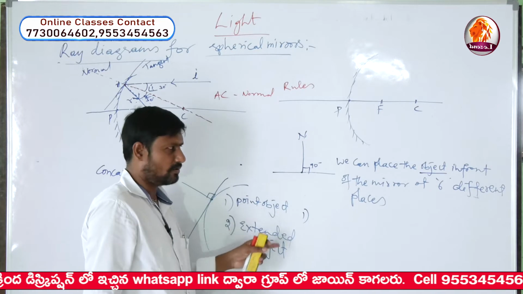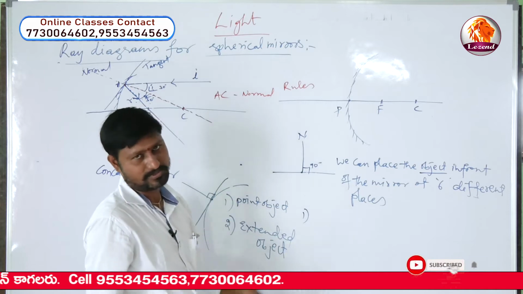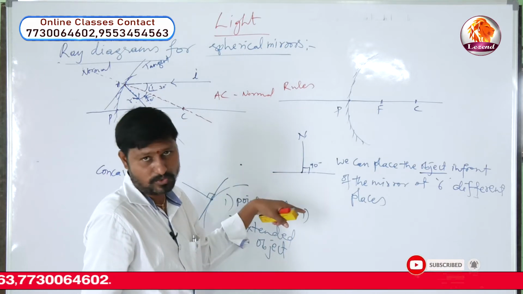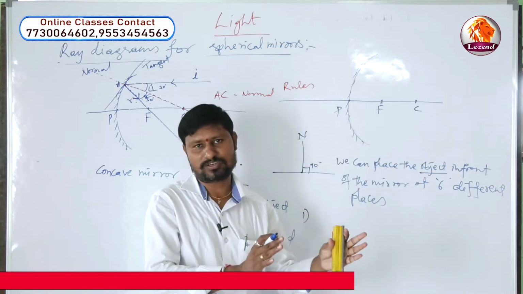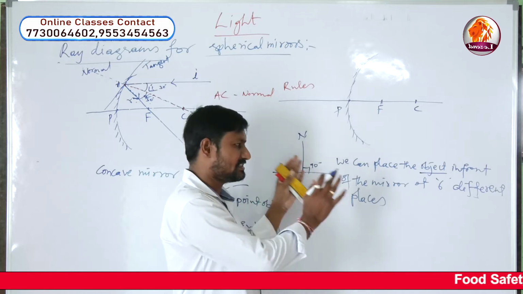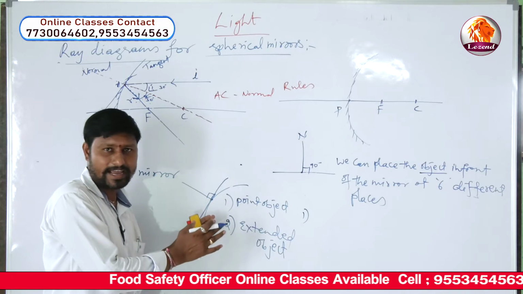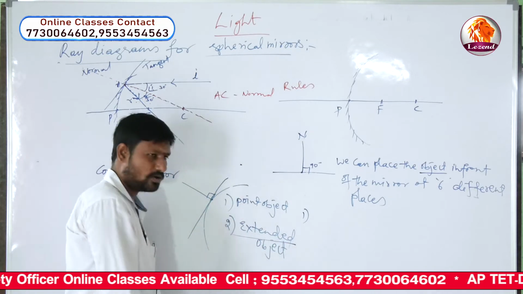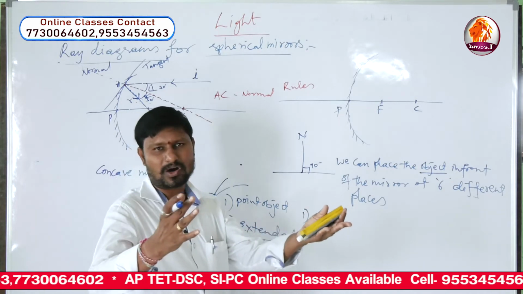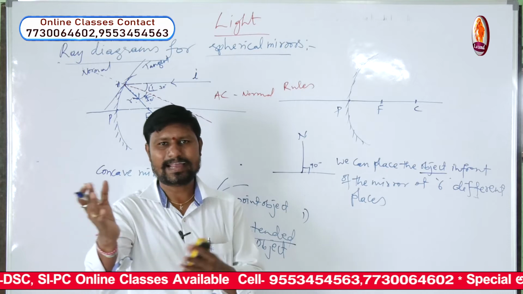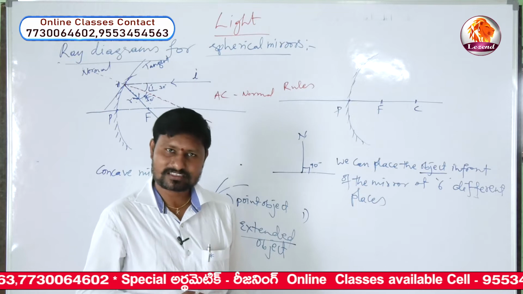So we can place any object in front of the mirror and form its image by drawing these ray diagrams. But to draw the ray diagrams we should know the rules. And one more thing, at how many different places we can place the object is another important point. So first let us see, at 6 different places we can place the object in front of it. But for the easy sake of drawing the ray diagrams, we use an extended object, meaning other than point size, like tree, house, human being or candle or anything we can take up. Any object which is other than point size is considered an extended object.